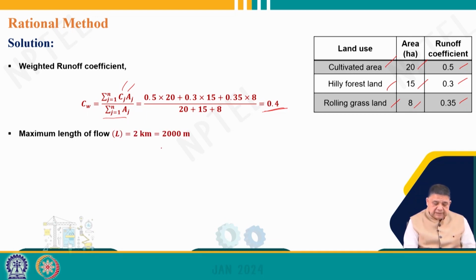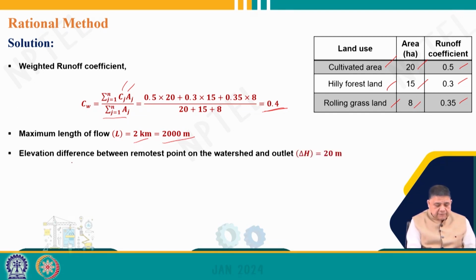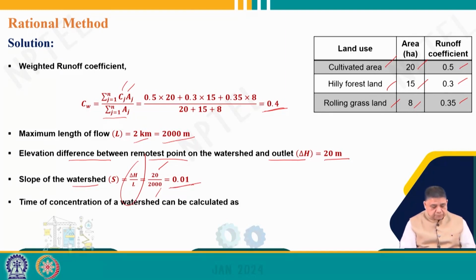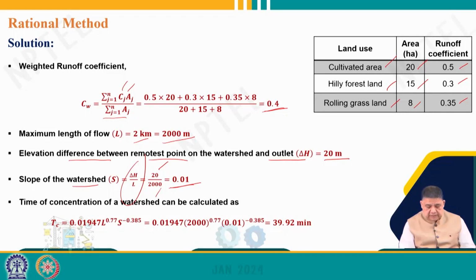The maximum flow length is given as 2 kilometers or 2000 meters. The elevation difference between the remotest point on the watershed and the outlet, delta H, is given as 20 meters. So, the watershed slope, as we earlier saw, is delta H by L, and so 20 by 2000 we get a value of 0.01. So, we can calculate the time of concentration of the watershed using the Kirpich formula, which is